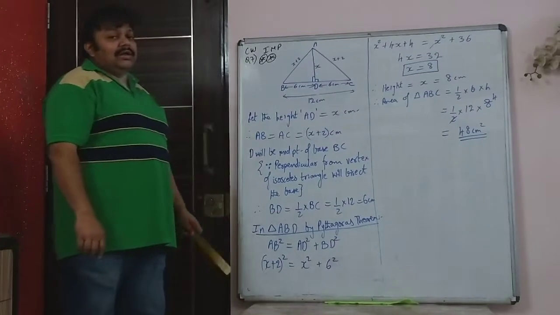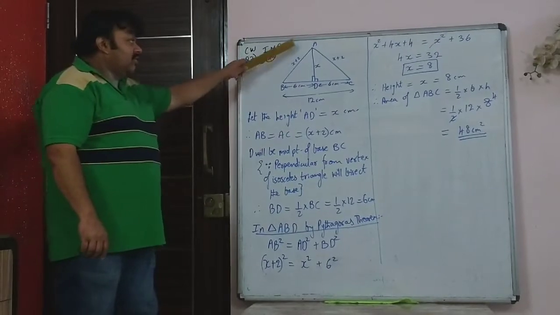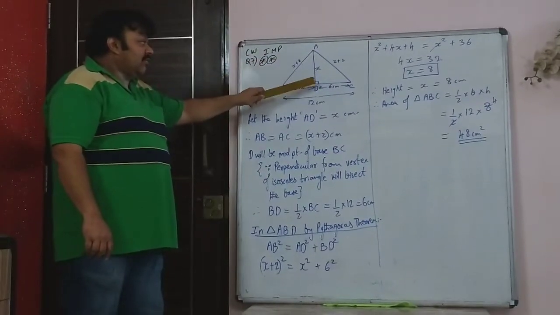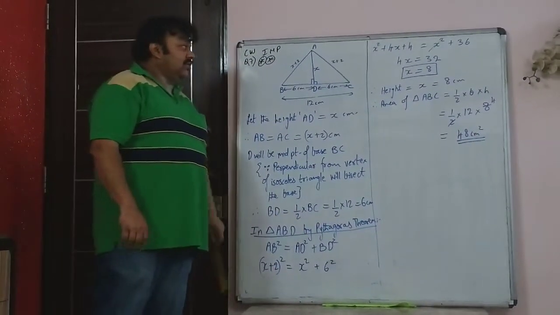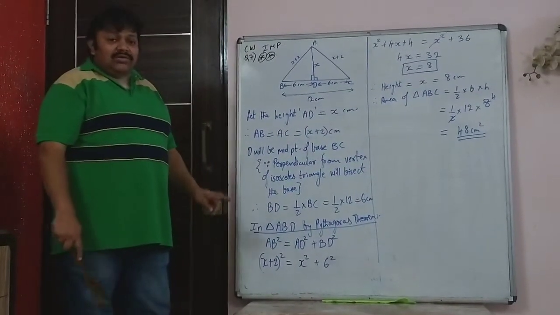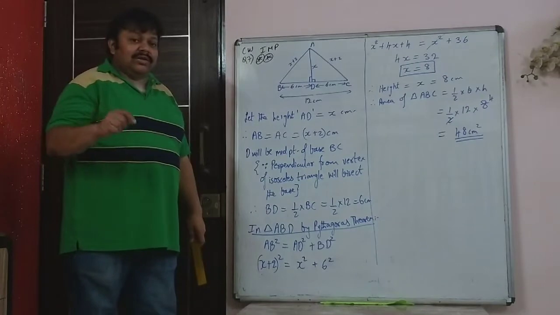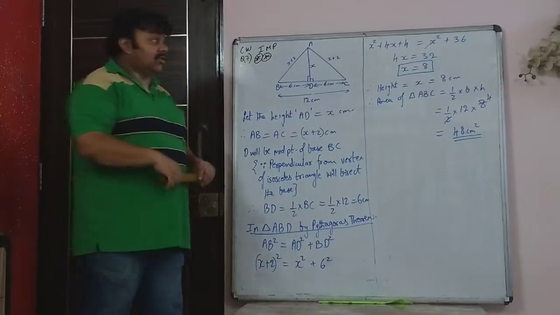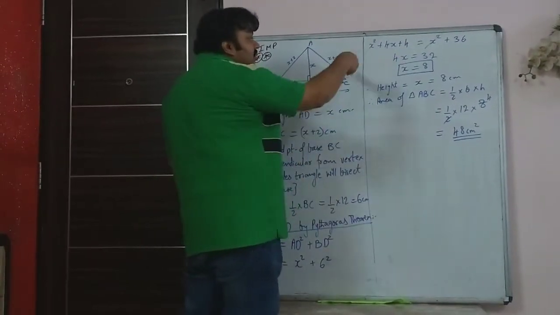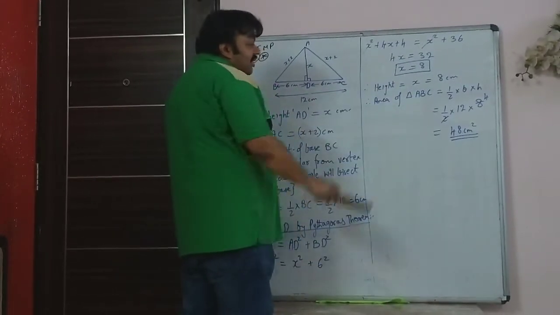Because it's a right angle triangle, we are using Pythagoras theorem. As per Pythagoras theorem, hypotenuse the whole squared, that is x plus 2 the whole squared, will be x squared, that is AD squared, plus 6 squared, that is BD squared. Now here, expansion of a plus b the whole squared is a squared plus 2ab plus b squared. The 2ab term you should not ignore. So that is x squared plus 4x plus 4 equals x squared plus 36. So you can cancel out x squared. So you get 4x is 32 or x is 8.